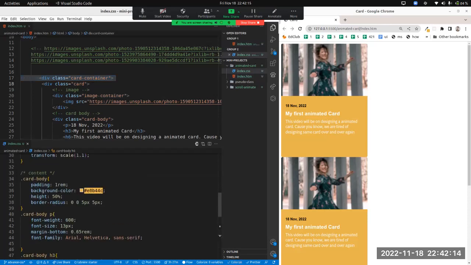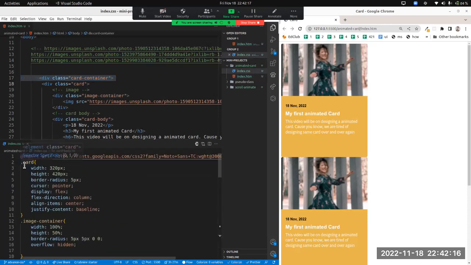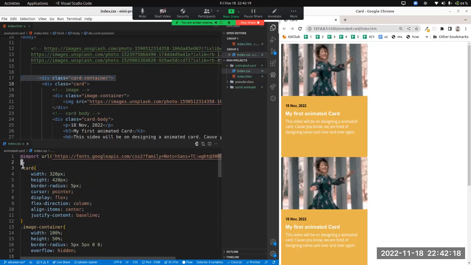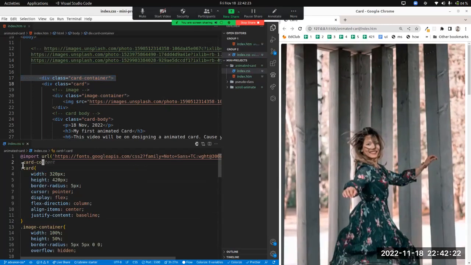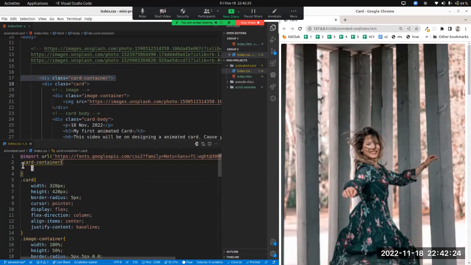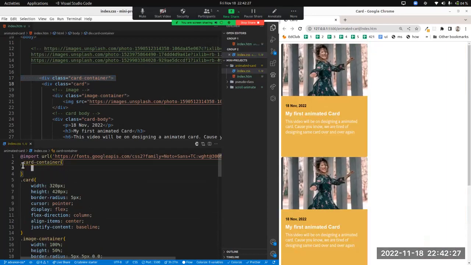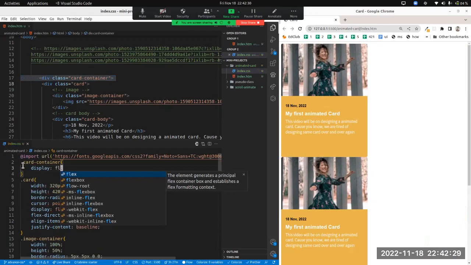So just go on the top and select that card container, and then give display flex